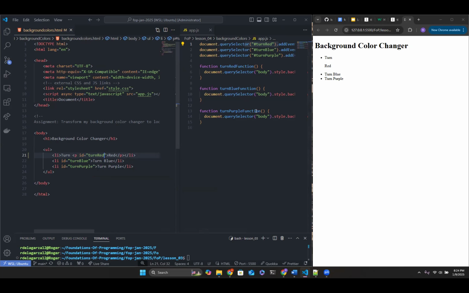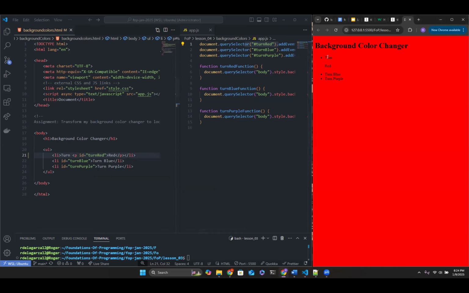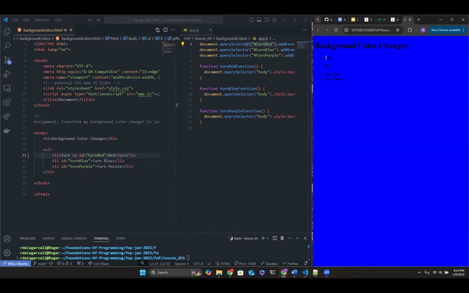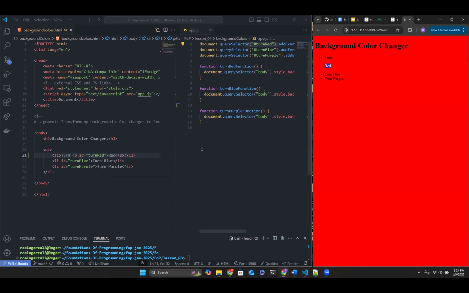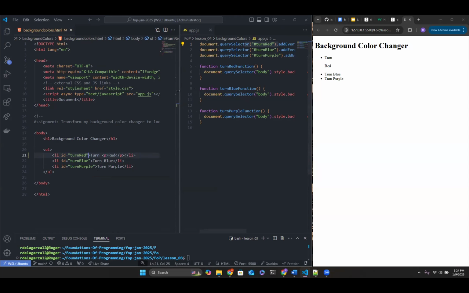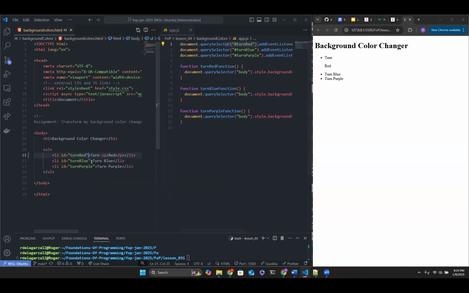I would have to do some CSS in here, but when I click the turn and not the red, it won't change. It's looking for me to click on the text. It looks a little weird because there are 2 elements nested within each other, right? I would have to do some CSS formatting to make it look right. But yes, you can add an ID to any element and grab that specific element. It does not matter what it is. Does that answer your question, Tim? 100%. Thank you. Yeah, no problem.